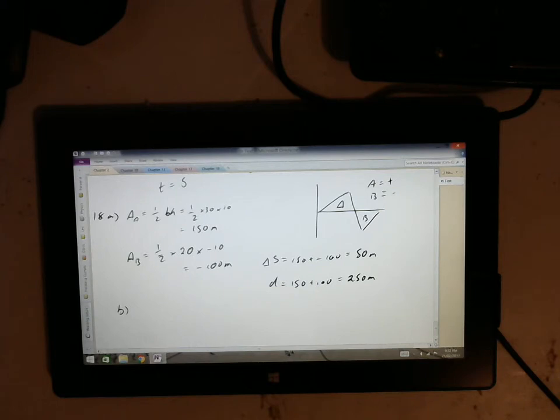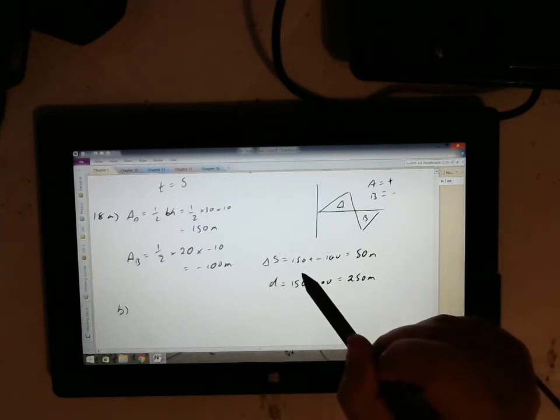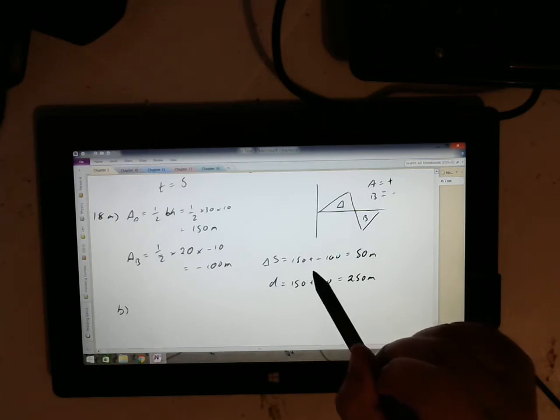20 times 10, 200, 100. I'll have to look at the errata for that. I am 90% certain of that. I will put a comment in down below if I find a different answer for that. However,